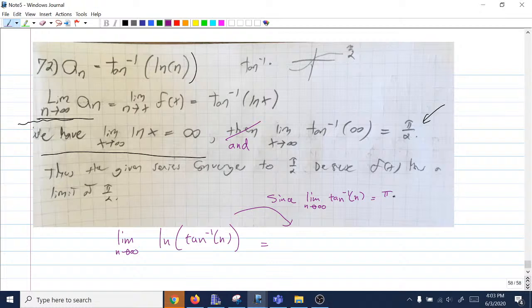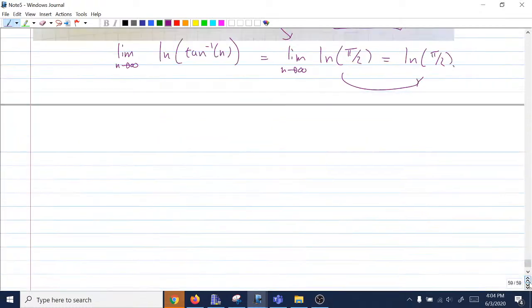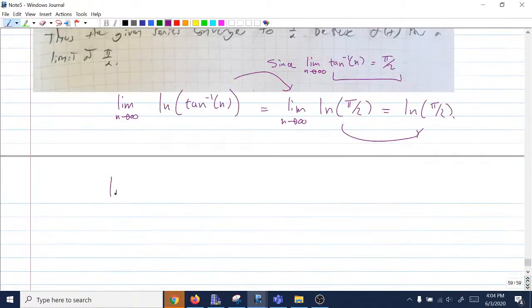Since tangent inverse at infinity is pi over 2, this limit equals the limit as n goes to infinity of natural log of pi over 2 equals natural log of pi over 2. Like, because tangent inverse goes to pi over 2, you're allowed to plug pi over 2 into here. Natural log is a continuous function, so the limit will equal the value. So you get natural log of pi over 2, and you can do this. You're allowed to do this because pi over 2 is a number, and the idea of plugging in a number makes sense. If you try to do that with the wrong order that this problem's in, tangent inverse natural log,